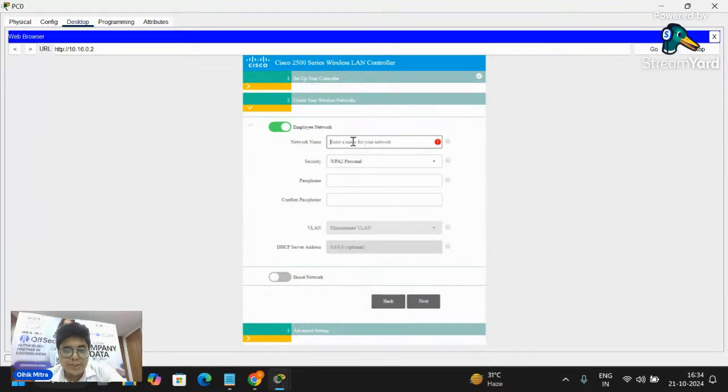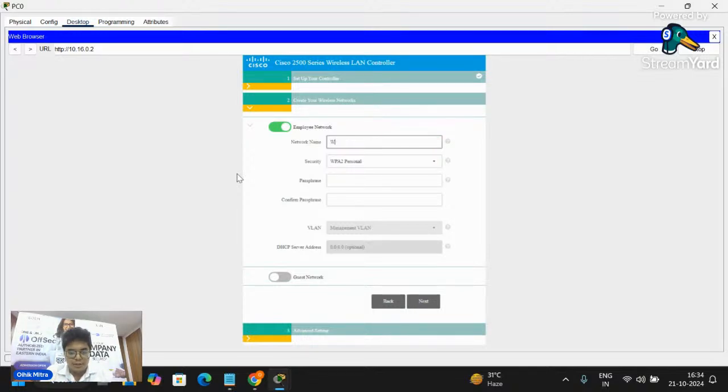But the terminology is basically wrong. That is not called a Wi-Fi password. That is called PSK, and the full form of PSK is pre-shared key, used to authenticate the connection. So we will set up the SSID and the PSK.